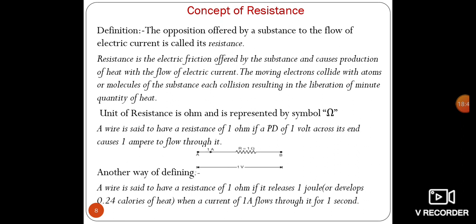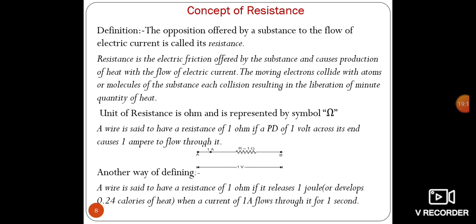Definition, we will understand. The opposition offered by a substance to the flow of electric current is called its resistance. So resistance is the opposition offered to the flow of electrons or to the flow of electric current. Resistance is the electrical friction offered by the substance and causes production of heat with the flow of electric current. The moving electrons collide with atoms or molecules of the substance, each collision resulting in the liberation of minute quantity